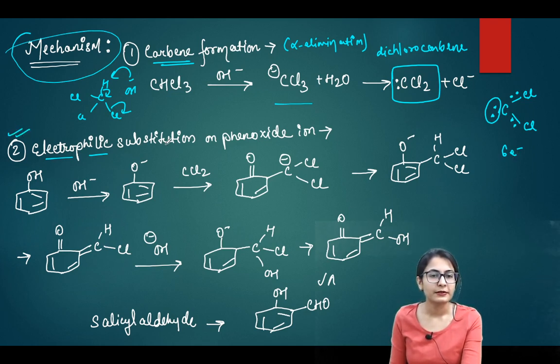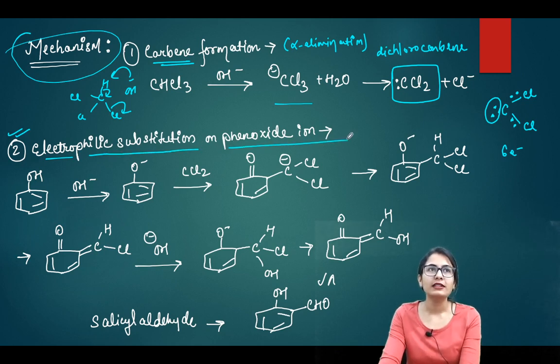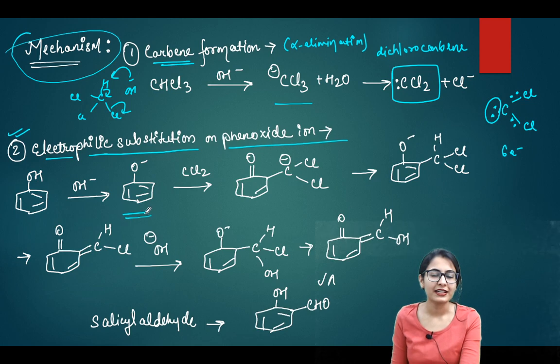Okay, so the second step is electrophilic substitution on the phenoxide ion. Now guys, you must understand how the whole mechanism works. It looks like a lot of stuff is going on around, but it's just that constantly in the presence of the base, the phenol is going to form the phenoxide ion. So constantly this O minus is pushing away, one by one, all of the extra leaving groups from the carbon. So first of all, the first step is going to be the ortho attack on the electron deficient carbene carbon in this way.